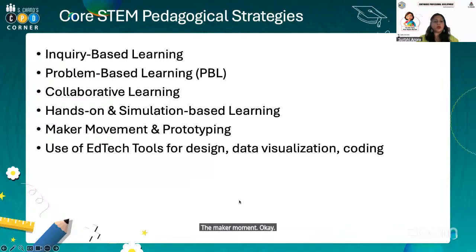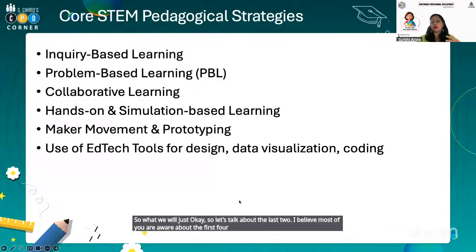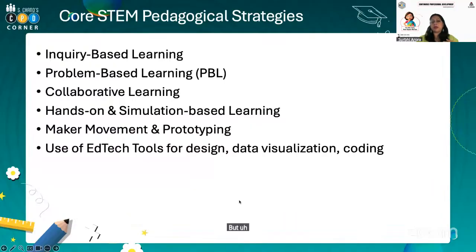Okay. Last one, use of edtech tools for design and data visualization. Fine. So let's talk about the last two. I believe most of you are aware of the first four. We have a lot of pedagogical approaches or strategies we can go ahead with, like inquiry, problem-based, collaborative, hands-on